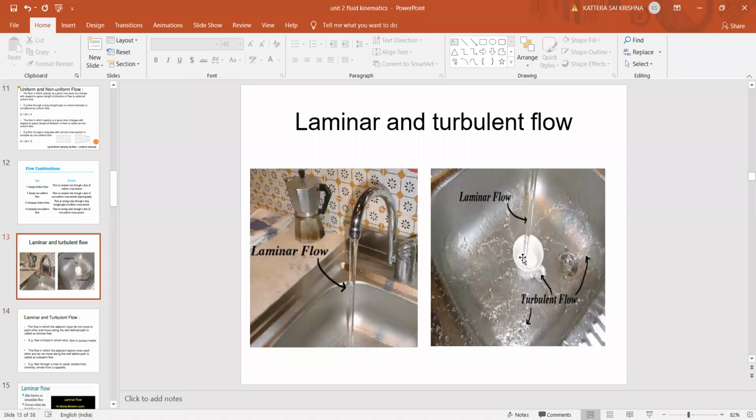While, see, when you keep a cup here, what happened? The water after coming away from the cup, you can see the water is sprinkled like this. And what in the turbulent flow? In a zigzag manner, the molecules will move. That type of flow is called your turbulent flow. Laminar flow, example, you can see this. This is your turbulent flow away from this cup, which is placed in this sink.